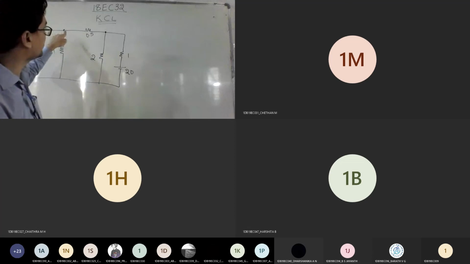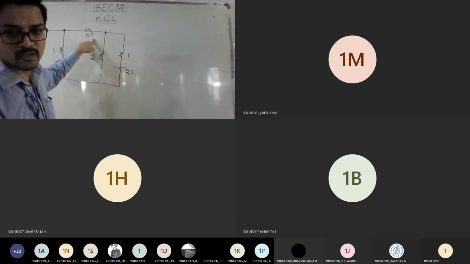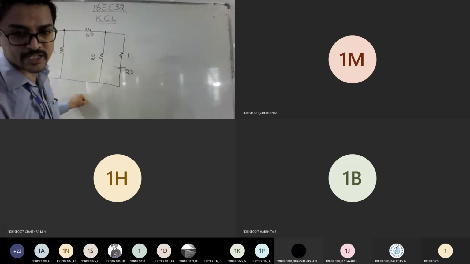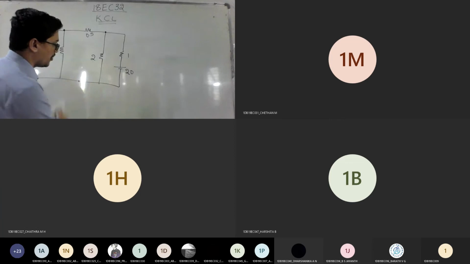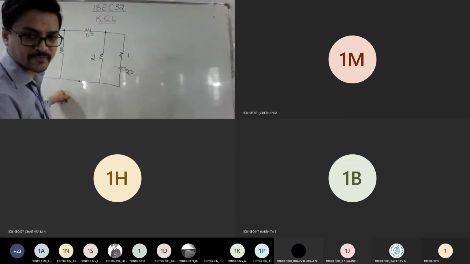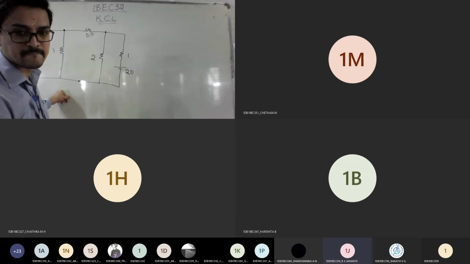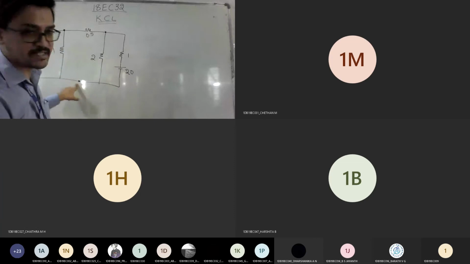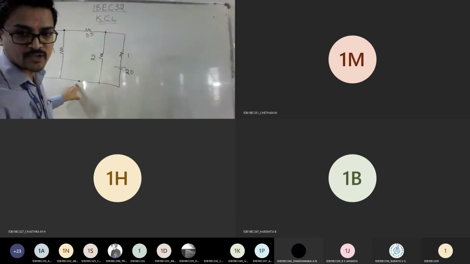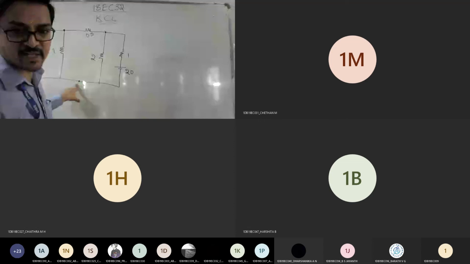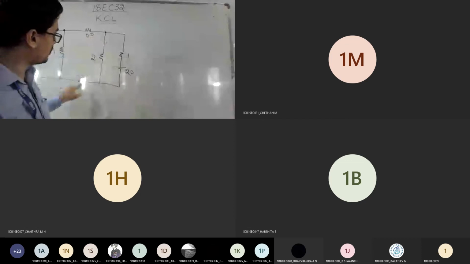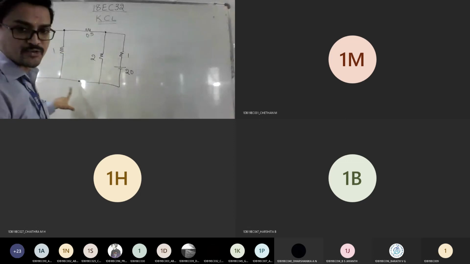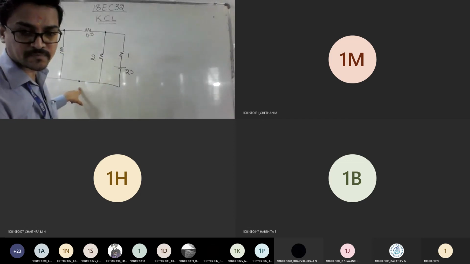Is it fine? So if you have taken these two as your principal nodes, there will be one more node which connects all the branches. So can I call this junction one more node which connects more number of branches? Can I? Yes or no? See, I mark this as a node, this as a node, and this as a node. So these three are called principal nodes. Out of these, which consists of the maximum number of connections with respect to branches? Look here. You have three branches, and three branches. What about this? 1, 2, 3, 4. So can I treat this as a reference node now?